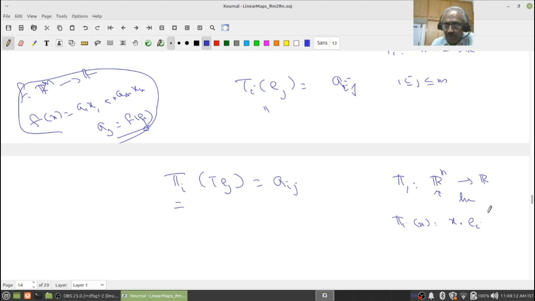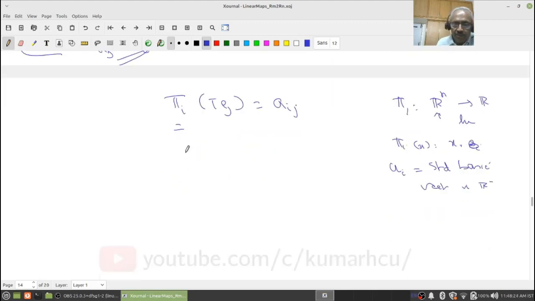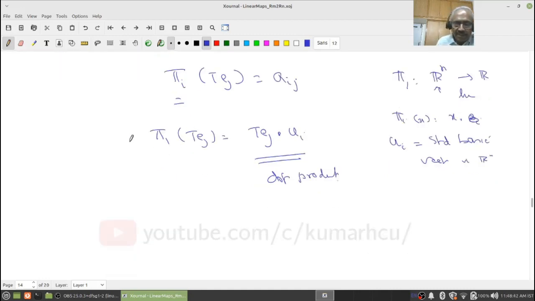These are all something. If you want, let me call it ui, the standard basic vector in Rn, right? Therefore pi i of T of ej is nothing other than T of ej dot product with ui. But this is nothing other than my aij. Pay attention. Therefore the matrix A, I know it is aij, and aij is nothing other than